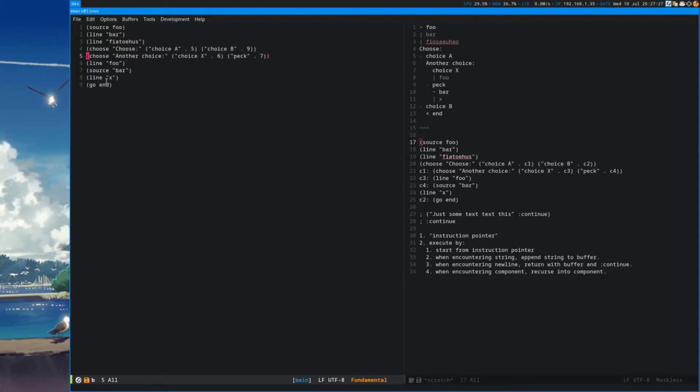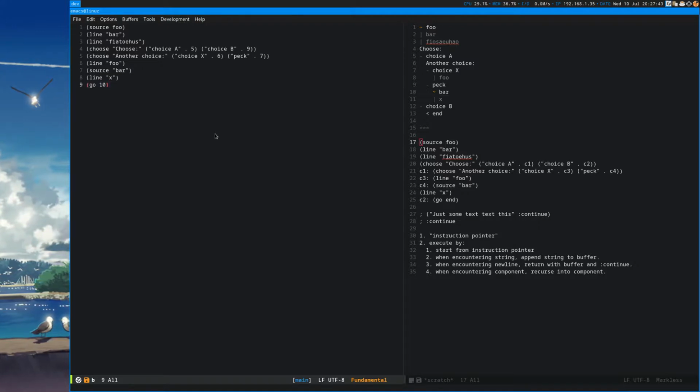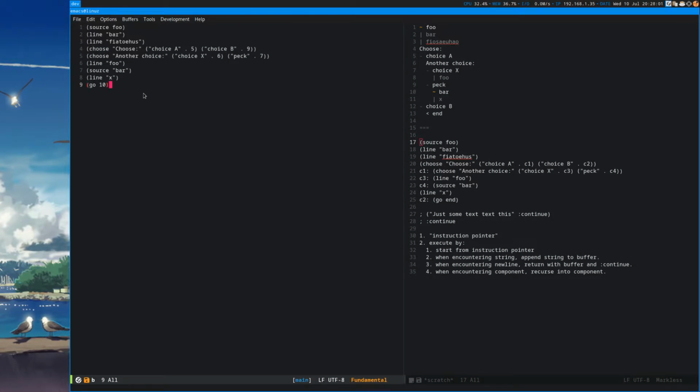Similarly, so these would be the equivalent of Go instructions. Similarly, we can transform Go end into a Go of 10, which is outside of the scope, ending the execution immediately. So using this, we have now turned this into a sort of assembly language where you have just an instruction pointer pointing to where we want to go, and then we just execute one statement after the other until we hit something that should